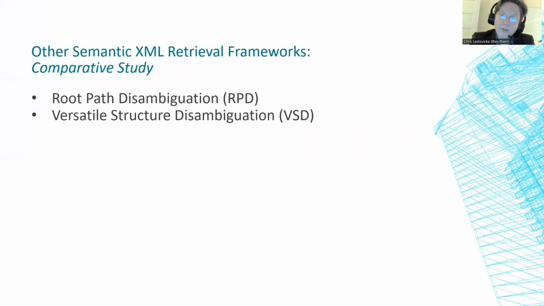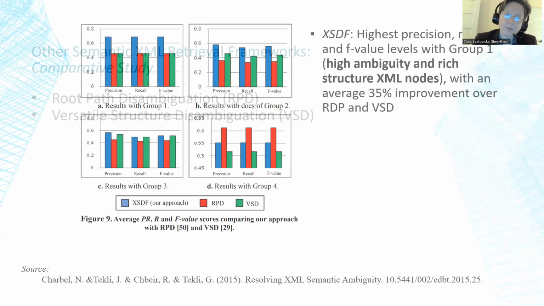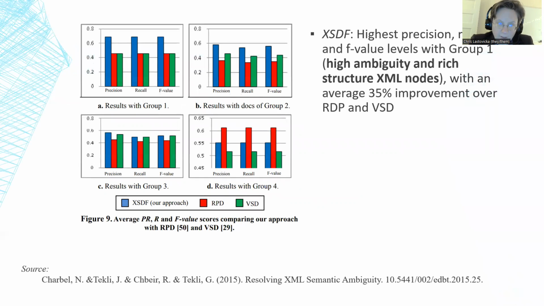And then finally, for evaluating these frameworks, the researchers performed a comparative study with two other XML semantic retrieval frameworks, root path disambiguation, RPD, and versatile structure disambiguation, VSD. And you can see here that there are 4 groups of documents. In the upper left, you can see that XSDF, which is the blue bar,